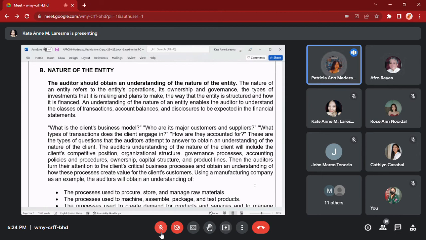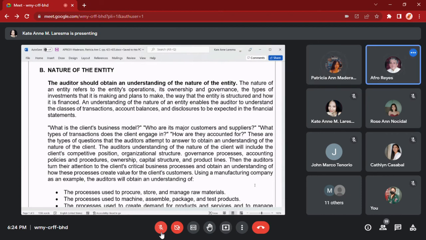To continue, what is the client's business model? Who are its major customers and suppliers? Particularly po itong nature of entity na to ay pinapertain niya ay sa business operation. What types of transaction does the client engage in? How are they accounted for? These are the types of questions that our auditors attempt to answer to obtain an understanding of the nature of